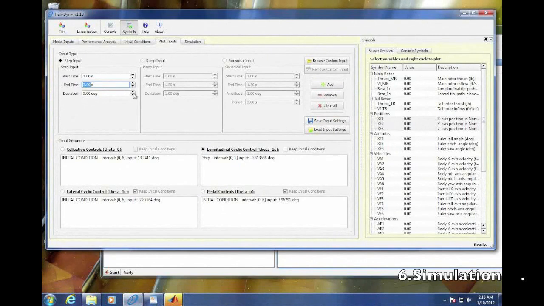So let's go from 1 to, let's say, 3 degrees. Let's do this, 3 degrees of a cyclic input. Now from 1 to 3 seconds, I have an additional 3 degrees of longitudinal cyclic. And let's say from 3 to 4 seconds, let's reverse this and I have a minus 3 degrees,